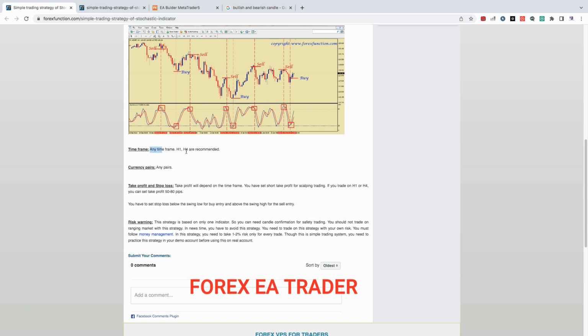It says time frame, any time frame, but H1 and H4 is recommended. Good. And pairs, it says any pairs. That's good. Take profit will depend on time frame. You have